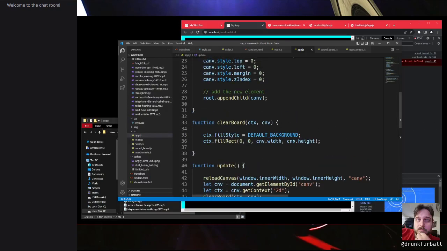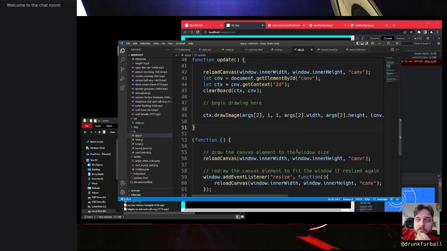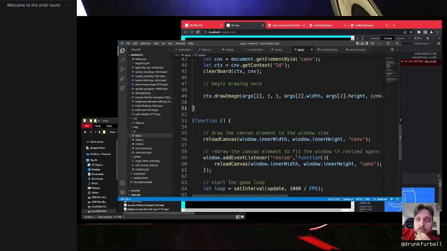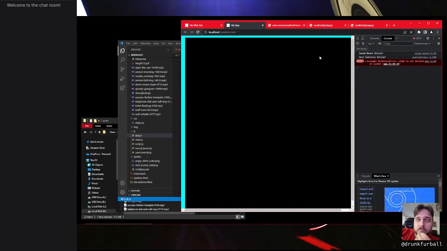And it's not saying args is undefined. So args has been defined. Args is a valid thing. We've used args previously to turn sound on and off, enable controls and whatnot. So hopefully by feeding args our image object as an element,